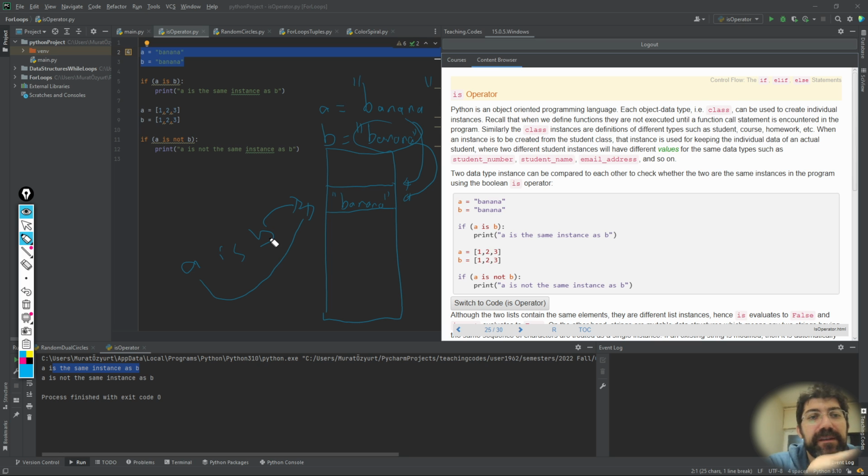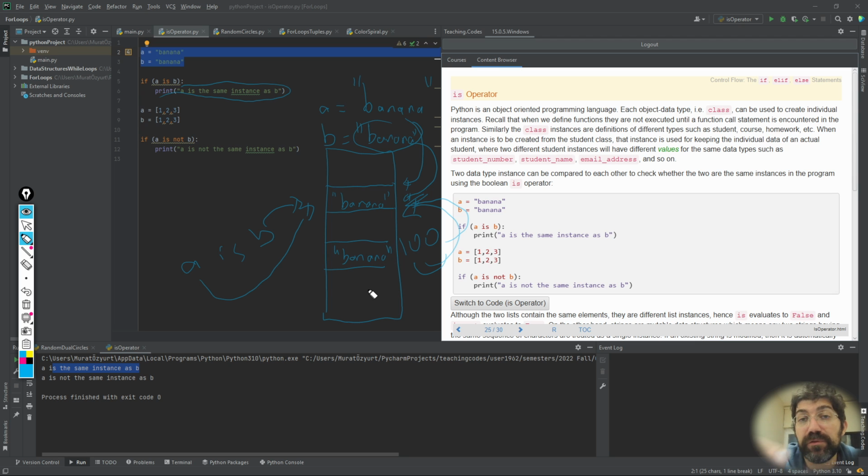So this is why a is the same instance as b. This is due to the nature of the string element. So when you define banana 100 times to different variables, they are all going to point to the same location in the memory. There will not be a second banana string